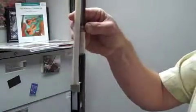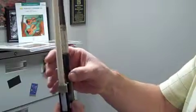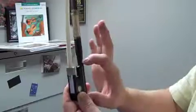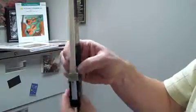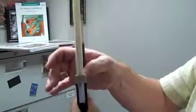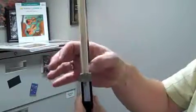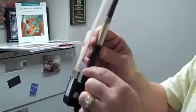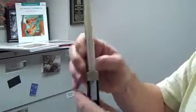Down here's the hair. Now, let's kind of turn this up like a flagpole or a light pole, and I'm going to hold it with my left hand, and I'm going to put my thumb in this area right here, okay, between the winding and the frog, right in here. And I'm going to kind of turn my thumb a little bit and use that to push on that bow. So my thumb is going to be flexible, but I'm going to take this little notch right there at the top of that frog, and I'm going to use that to kind of push with